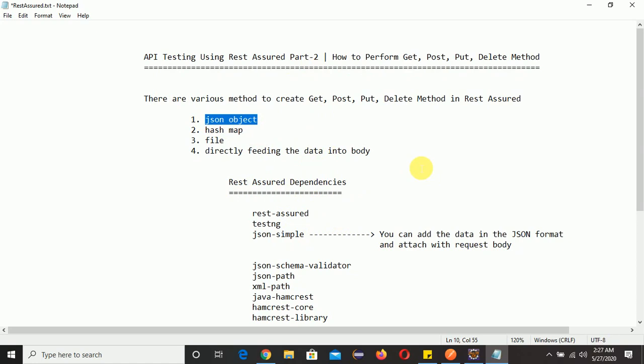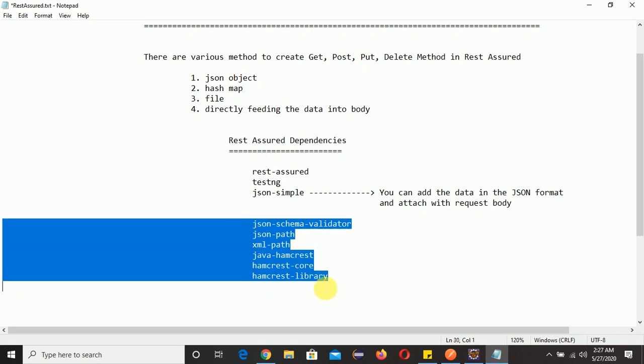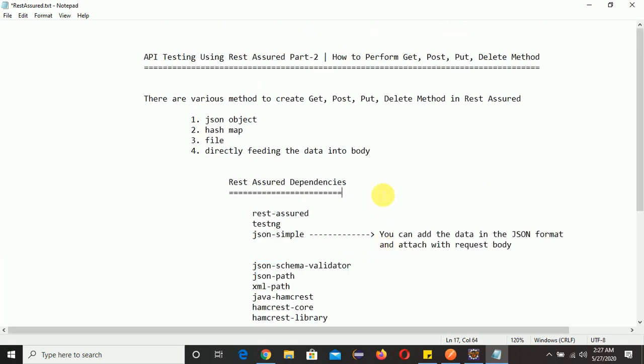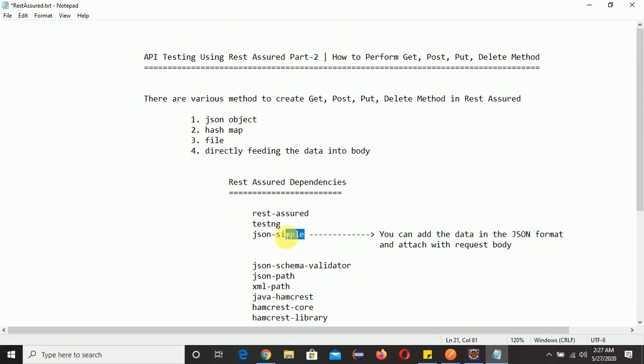I will tell you how to add it. These other jars I'm not going to use as of now; in my upcoming videos I will be using them. In today's video I'll be using these three. These two I have already added in my part 1 video and this one I'm going to add now.